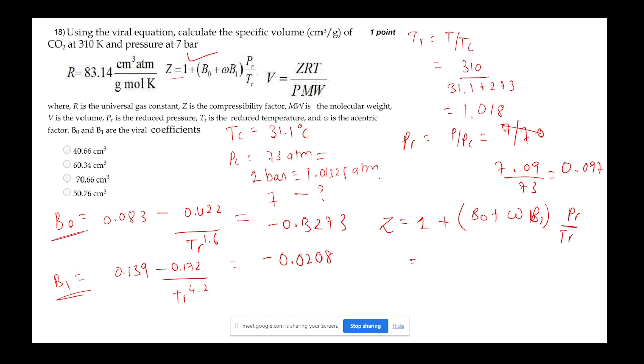Omega here is the eccentric factor, which is a constant. There is one formula also for finding out omega, and you can prepare a chart. Values of omega are also available in the appendix, and you can check for that. The value of omega for CO2 is 0.224. You can check the appendix and take this value. So if you put all the values, the value of Z will come out to be